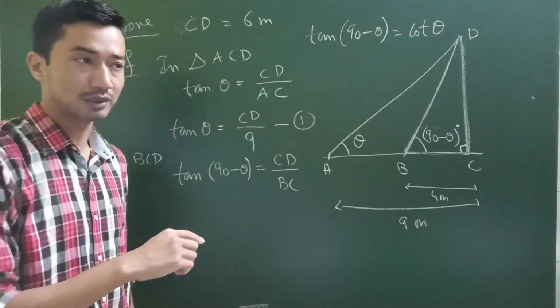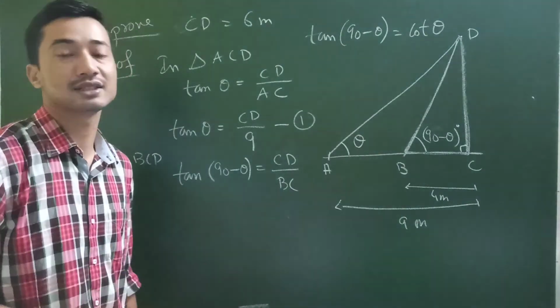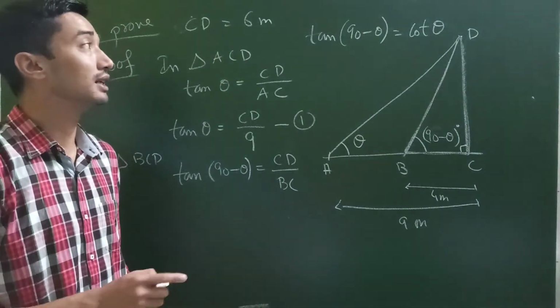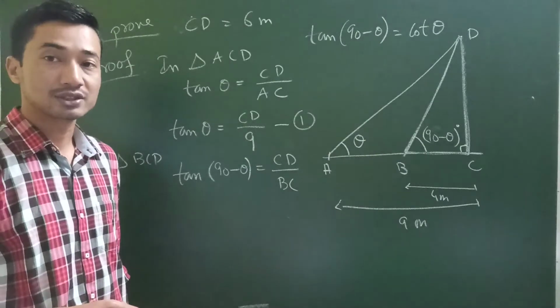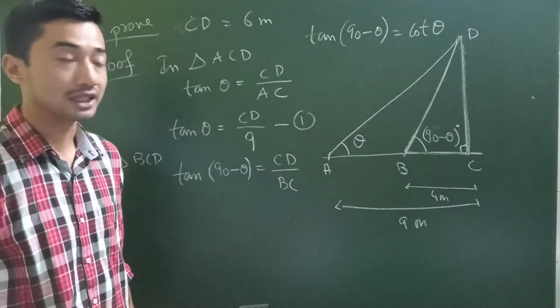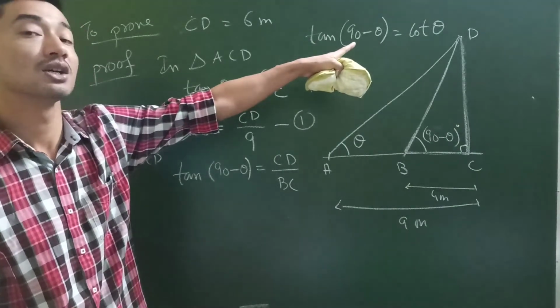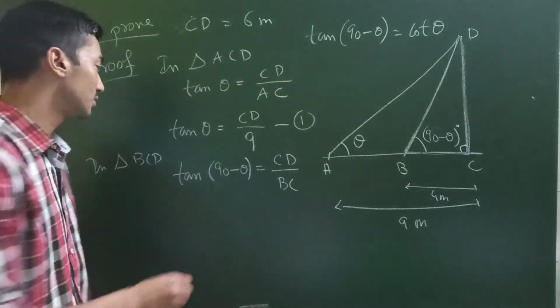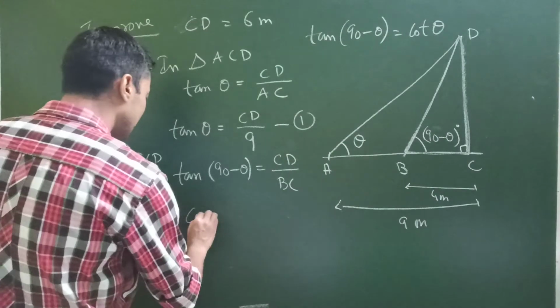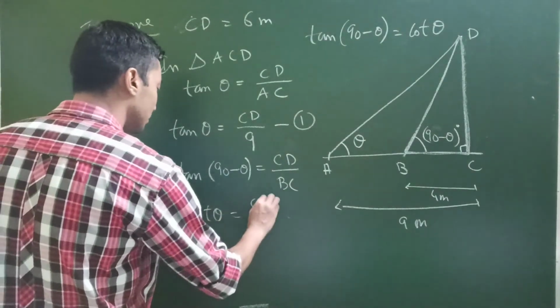In the previous chapter, that is in chapter 8, I think the last exercise, we study trigonometric ratios of complementary angles. There we study that tan of 90 minus theta gives us cot of theta. So that means tan of 90 minus theta can be written as cot of theta equal to CD by, what